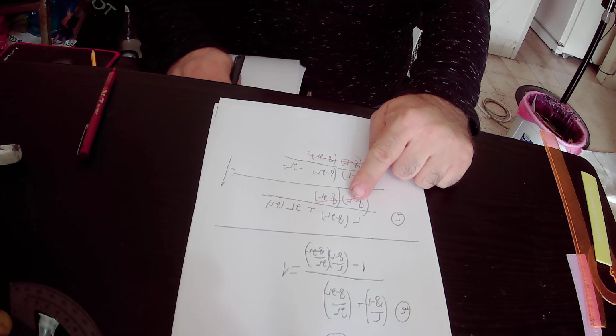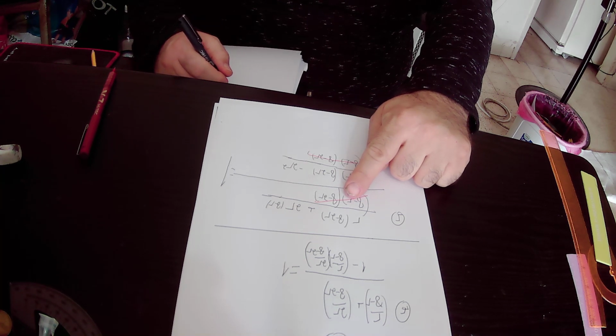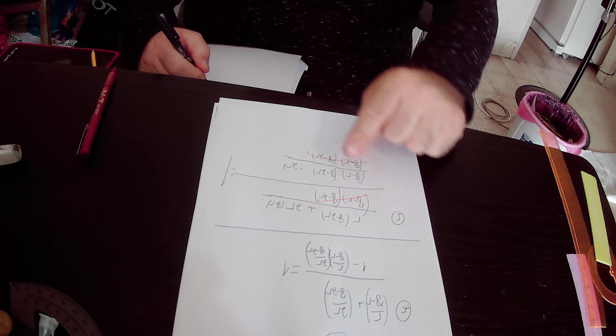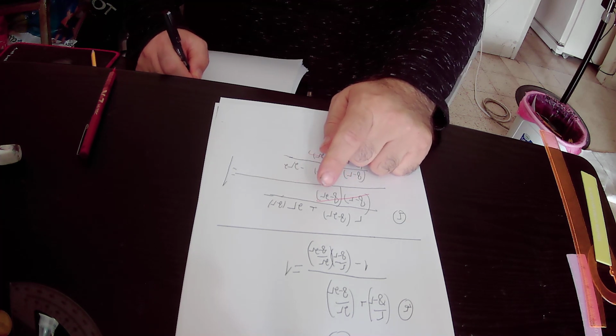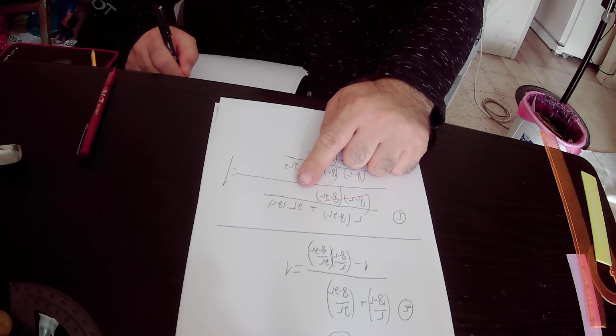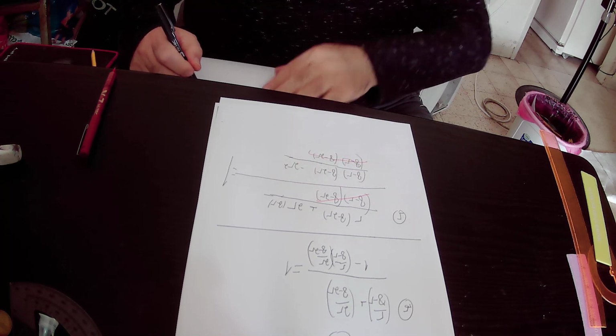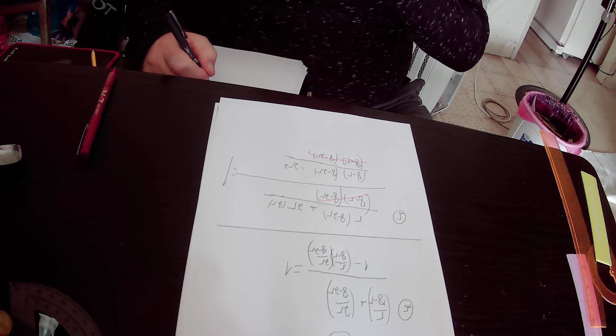Here we will open the brackets. R times 8 is 8r. R times minus 2r is minus 2r squared, plus 2r times 8 is 16r. 2r times minus r is minus 2r squared, all divided by,